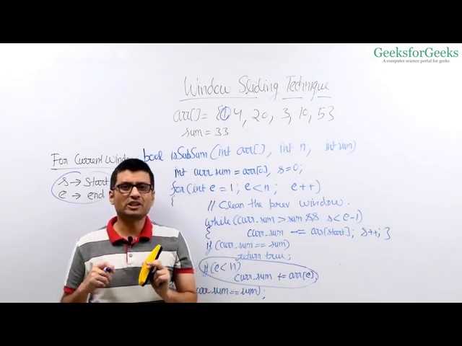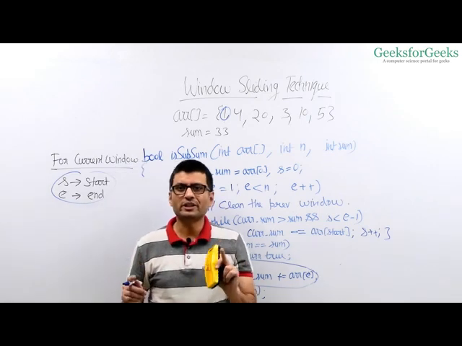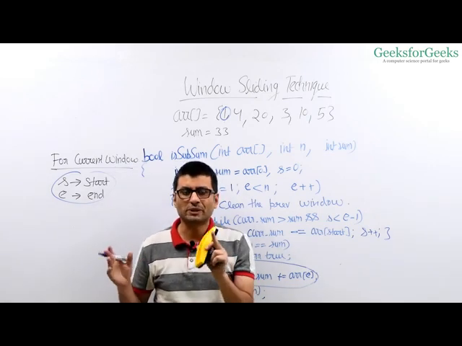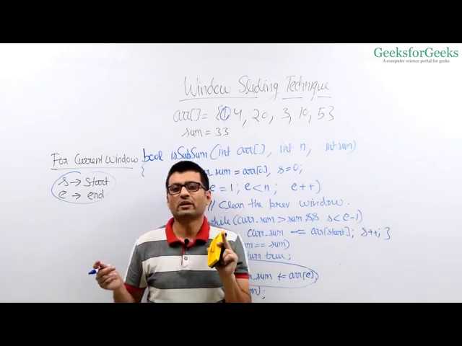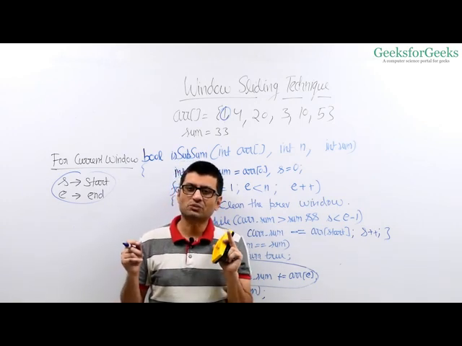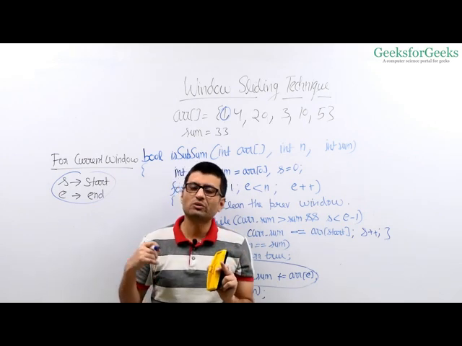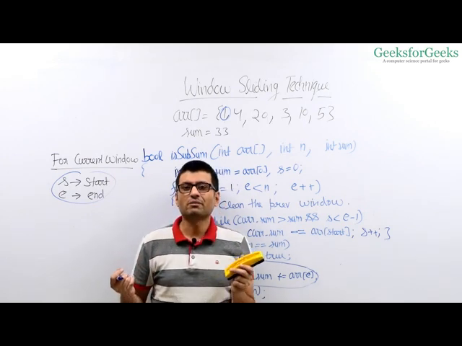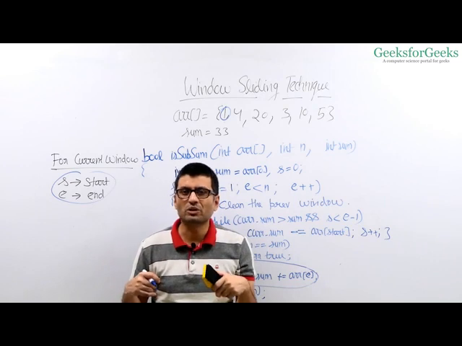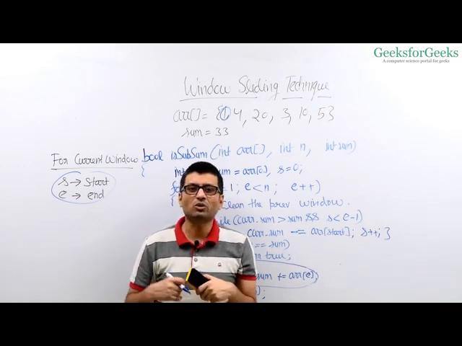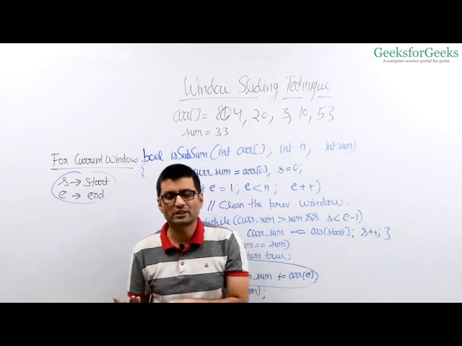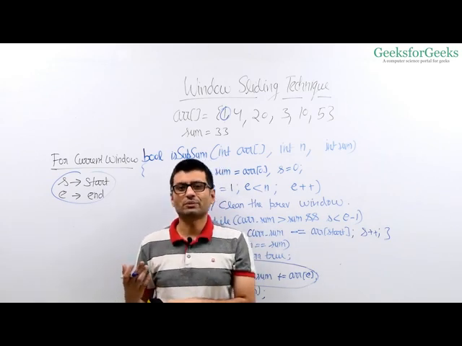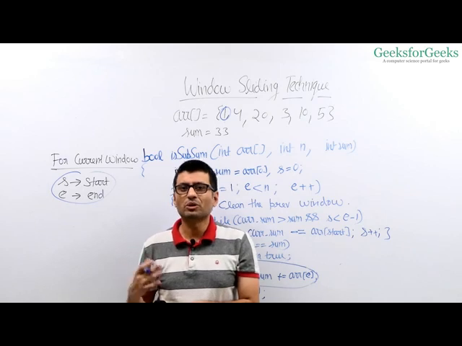So you can see it this way. There is a virtual window that we are maintaining, although we are not using any auxiliary space to store the window elements. Every element goes into this window at most once and goes out of this window at most once. Taking every element into this window is big O of one time. Taking any element out of this window is also big O of one time. So we do at most 2n operations. That's how the time complexity of this particular solution is big O of n.